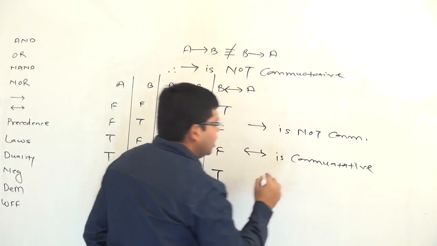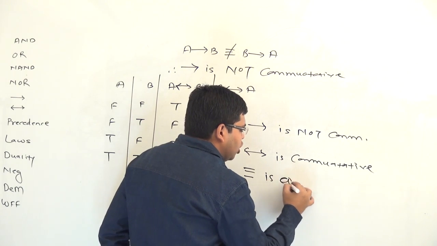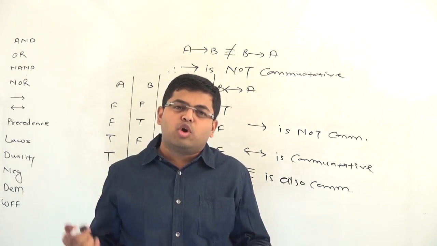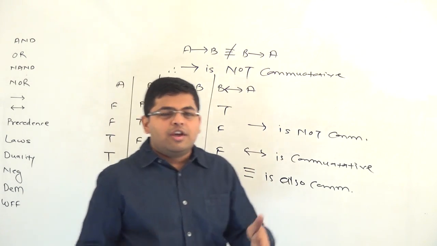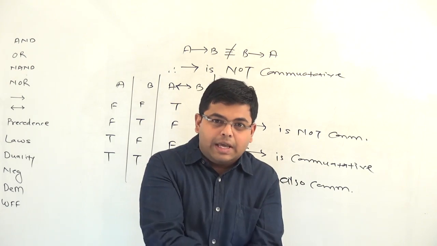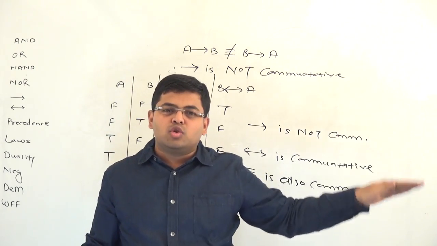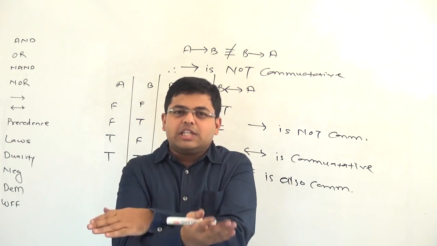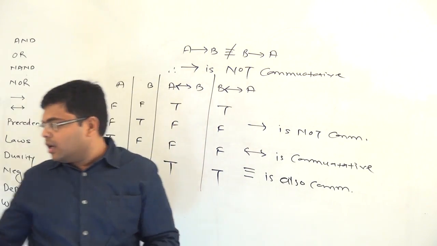because double implication talks about equivalence and equivalence is also commutative. See, whenever A is equal to B, you can always go and say B is equal to A. In double implication, whenever A is equivalent to B, then B will also be equivalent to A. And whenever A is not equivalent to B, that means B is also not equivalent to A. Equivalence is symmetric, therefore biconditional is also symmetric, and therefore the biconditional is a commutative operator. Apart from that,